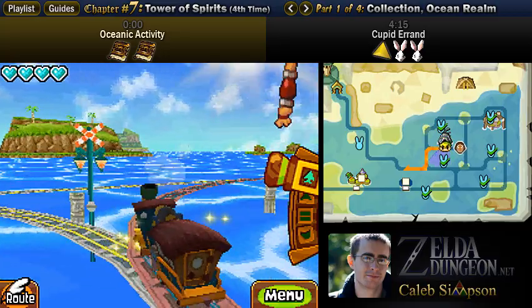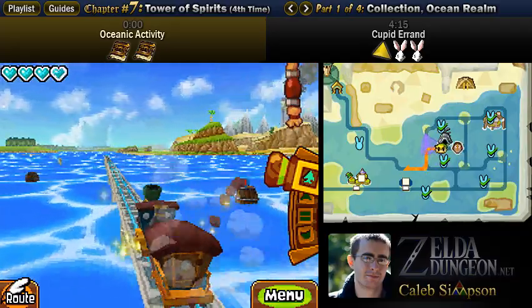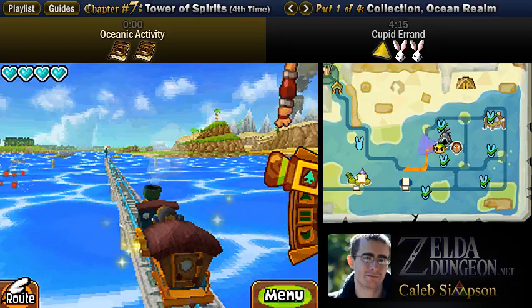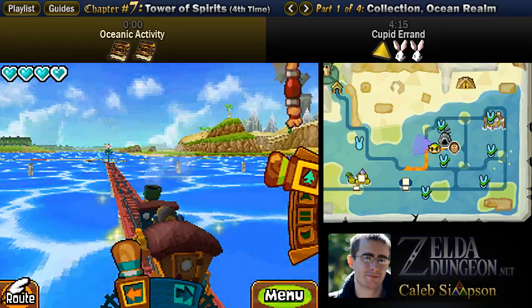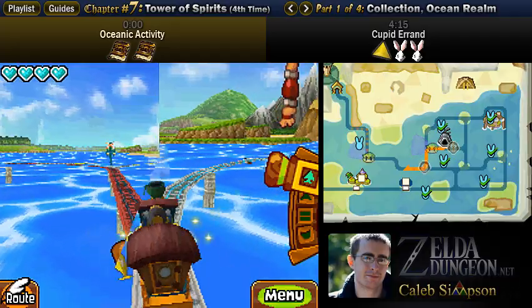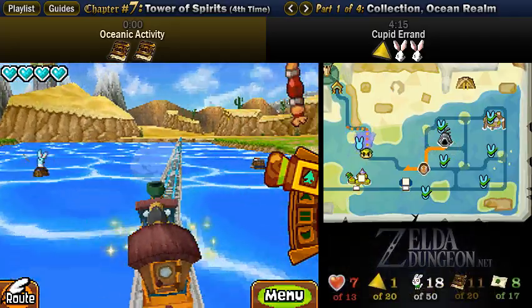This is the 7th chapter of the walkthrough, and we have just completed the Ocean Temple / Marine Temple, which has restored part of the Tower of Spirits. And before we head back there though, there's tons of stuff we can do. In fact, most of the videos in this entire chapter are all optional collection. So if you'd like to just skip straight to the tower, you can skip to the final video of this